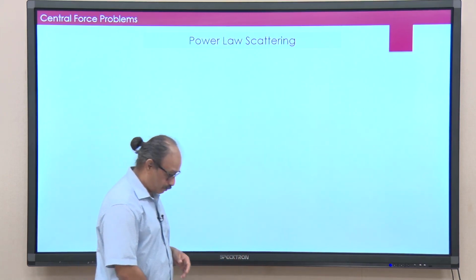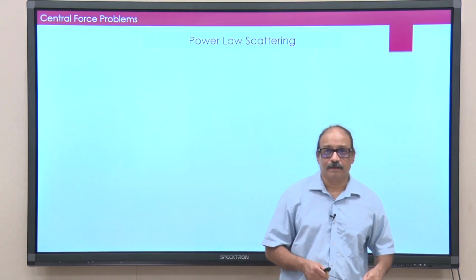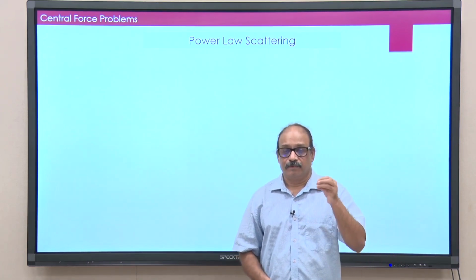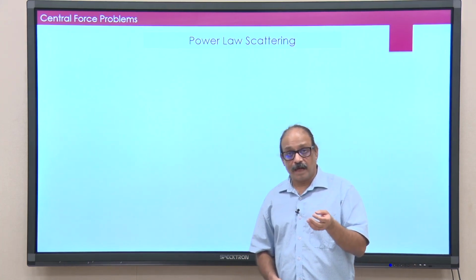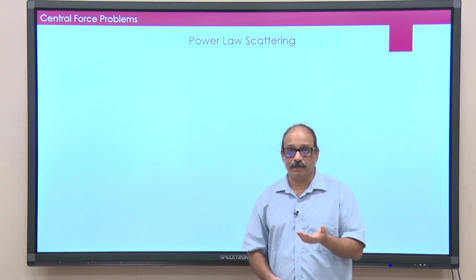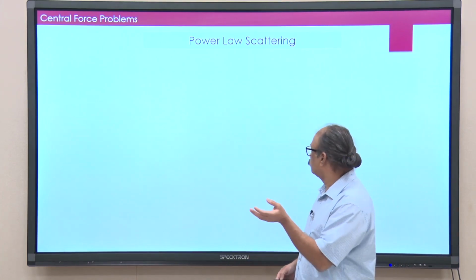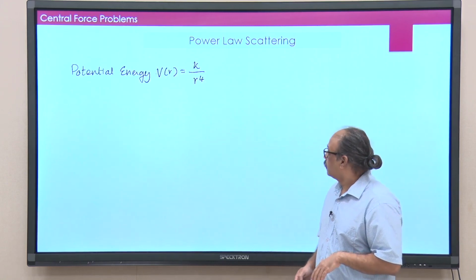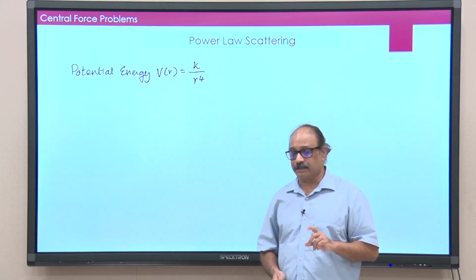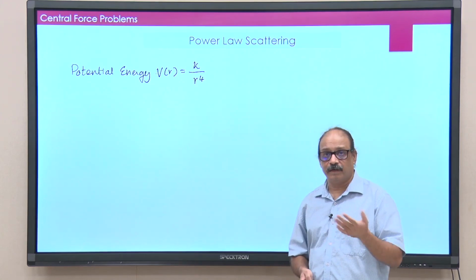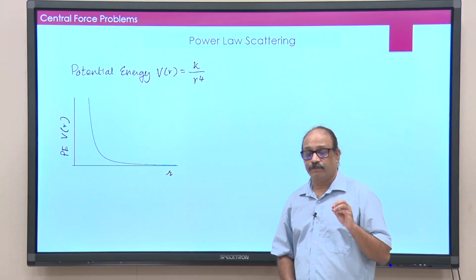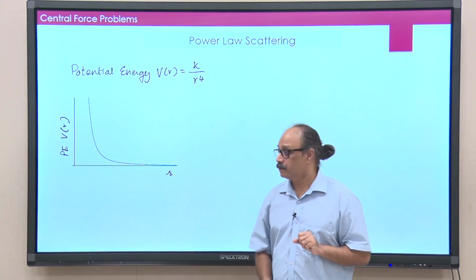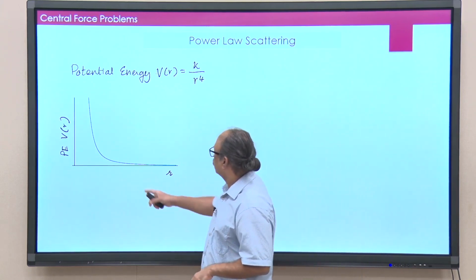Here is one more example. So, power law scattering is basically the potentials which are of the form of 1 over r to the power n or r to the power n. Okay. R to the power n of course will not give you the unbounded orbits. So, it is usually 1 over r to the power n. Now, here I am going to take one specific example. It basically will work for all other cases. Look at this curve here. This is the potential energy 1 over r to the power 4. Okay. The curve is again monotonically decreasing.